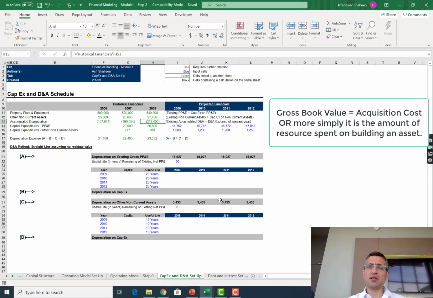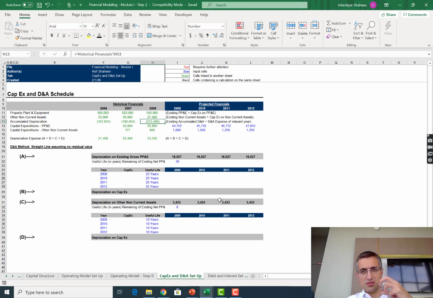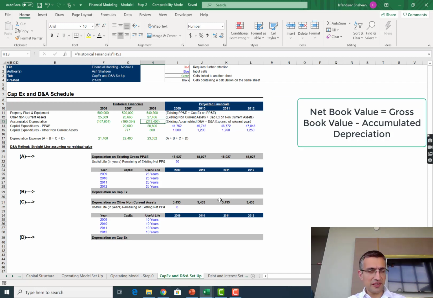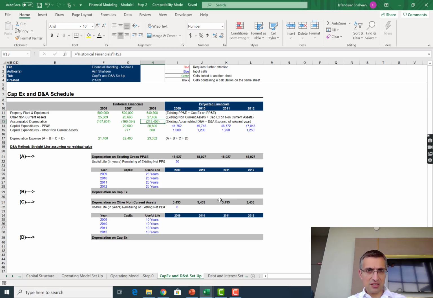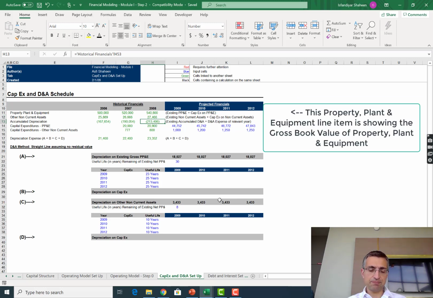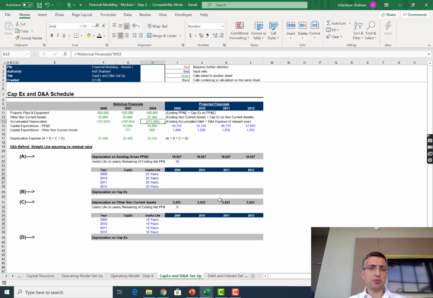A lot of times on financial statements you see the net book value, which is the gross book value minus the accumulated depreciation. I've split them out because it's much easier to forecast depreciation when you keep the gross book value and the net book value separated. Let's now